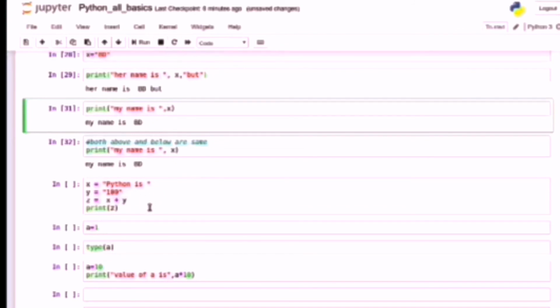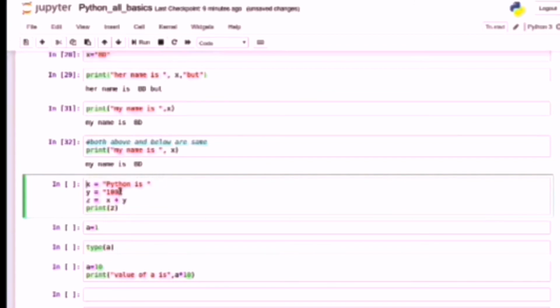We can use comma or plus also. In Java we can use plus, but in Python we can use either the plus symbol or comma.